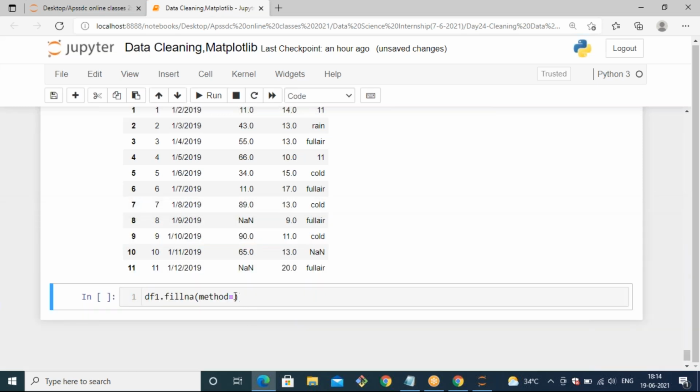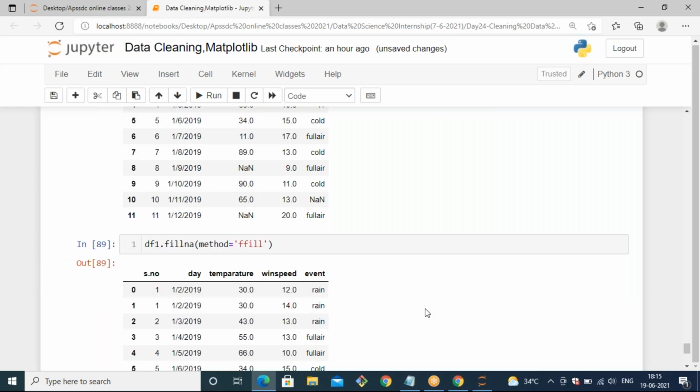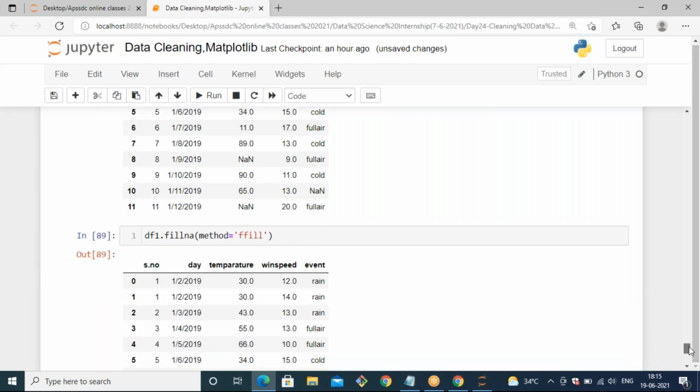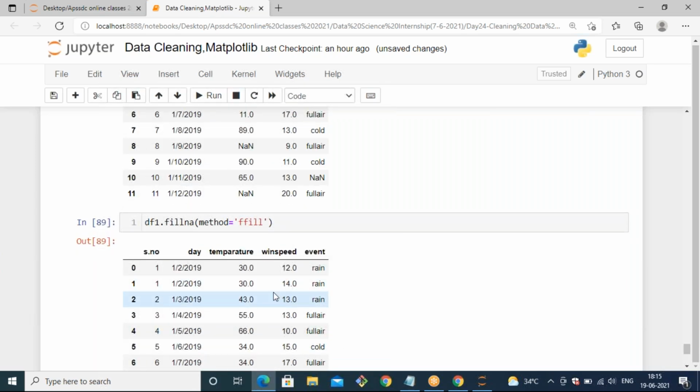If I want to apply the ffill method, ffill means it's going to fill the NaN values based on forward values. Now let's see. Here in the first row we have a NaN value.